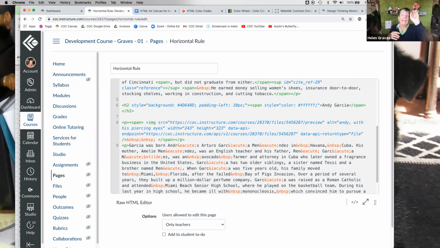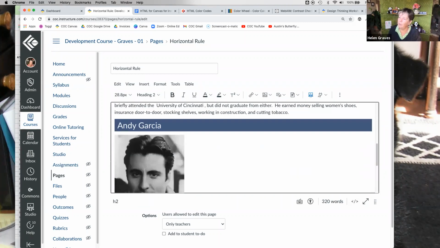Or if you want 10 at the top and 10 at the bottom, but 0 on the sides, you'd want to write all 4. So there's different reasons why you might use the 4 directionals or the simple indicator. Margins, as opposed to padding, generate space around the outside of the element. So here we've got padding left, and I'm going to remind you what it looks like. If I scroll down, you can see the border is right up at the left edge, and then there's a little bit of space, 10 pixels, in fact, between the edge of the border and the start of the text.